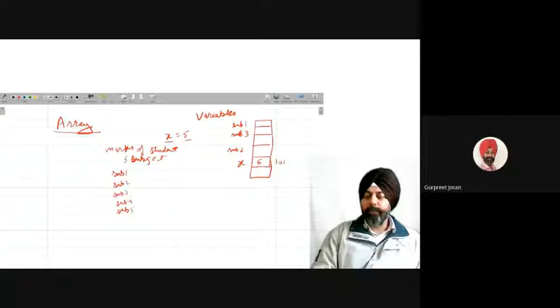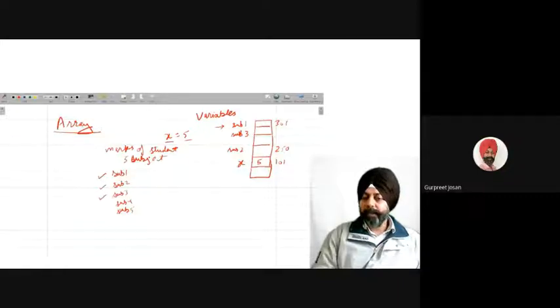What is the computer doing? The computer is allocating memory. When I declare subject 1, the computer tries to find a free location in the memory. Suppose it finds 301 as a free location, and it gives the name subject 1 to location 301. I declare subject 2, and the computer again tries to find a free area. Suppose this time it finds location 250. Then it allocates the subject 2 variable to this location.